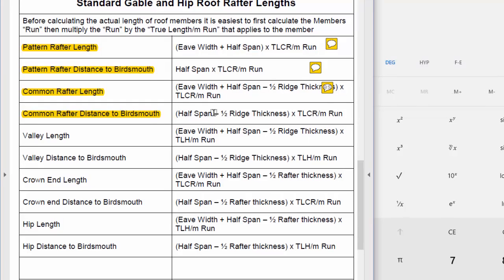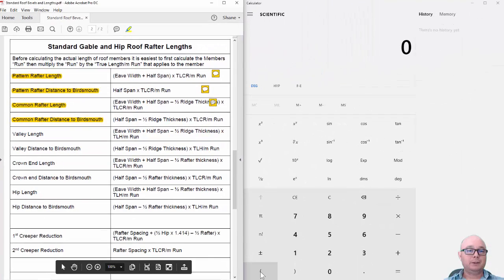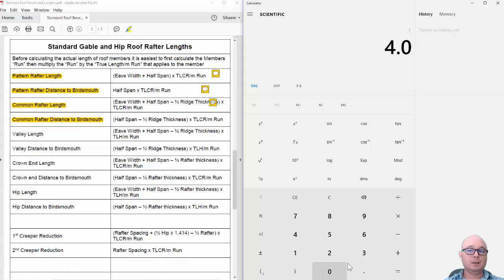The formula for that is the half span minus half the ridge thickness times the true length of common rafter per metre run. So the half span minus the half ridge thickness is in brackets. We already know the half span is 4 metres, and the half ridge thickness is 10 millimetres. So inputting that information, we start with the brackets. The half span is 4 metres, minus the half ridge thickness, which is 10 millimetres. Putting that in as metres is 0.010. Closing the bracket, and then multiplying it by our true length of common rafter per metre run, which again is